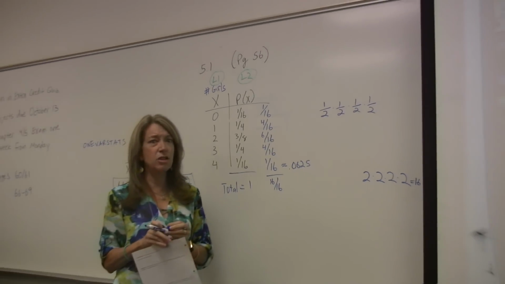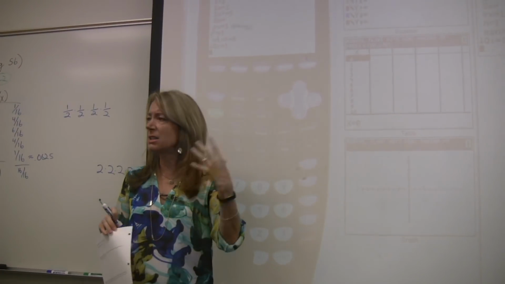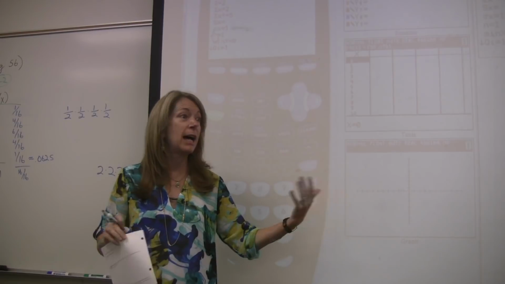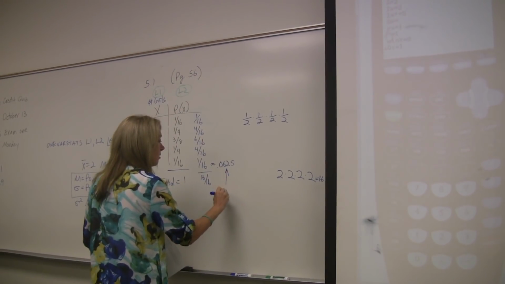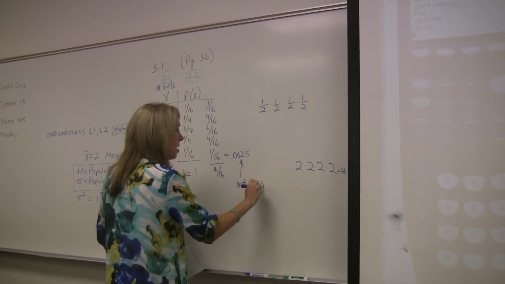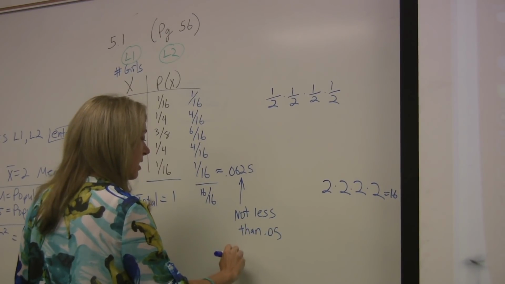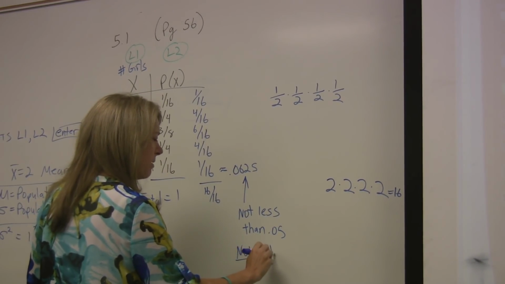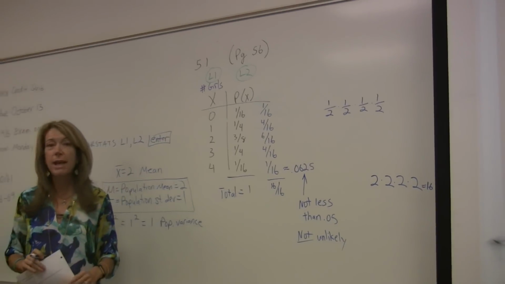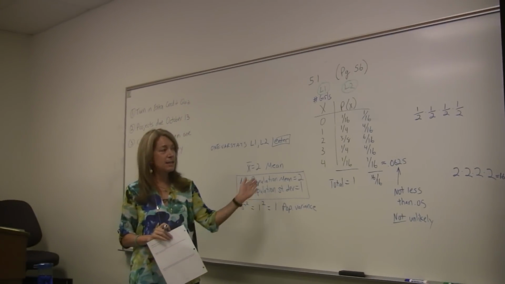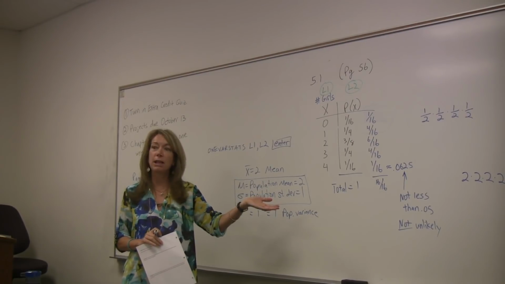These words are going to get interchanged a lot. The whole reason we keep asking you is, is this likely or unlikely? Is this so unusual that we say this is really high or really low? So that's not less than 5%. Not less than 0.05. So it's not unlikely. I'm about to pass back the quiz from last time where a lot of you got this part wrong. You said, oh yeah, that is unlikely. It's not more than 2 standard deviations away from the mean, and it doesn't have a probability less than 0.05,